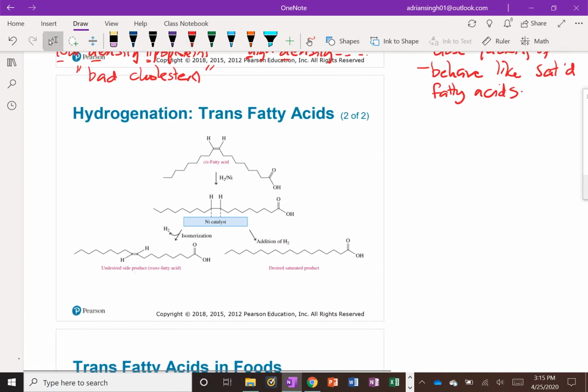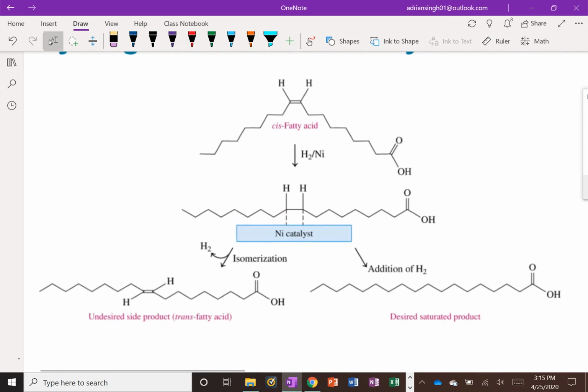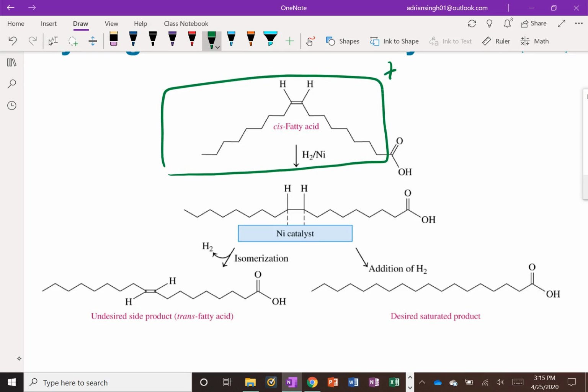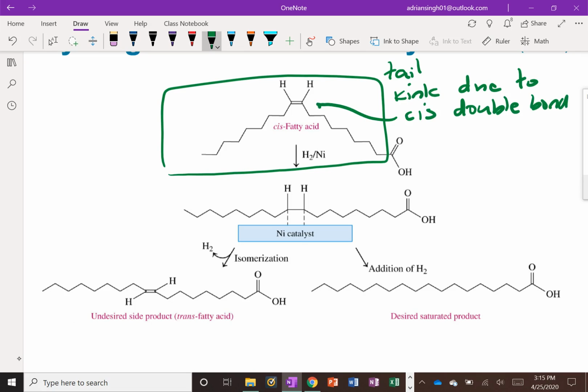So if we were to summarize what occurs when a cis fatty acid gets hydrogenated, all right, so this is the tail here, the fatty acid tail, right? There's a kink in the tail due to the cis double bond. So there it is, right? And the H's on the same side make it a cis double bond, and it has this little kink here,